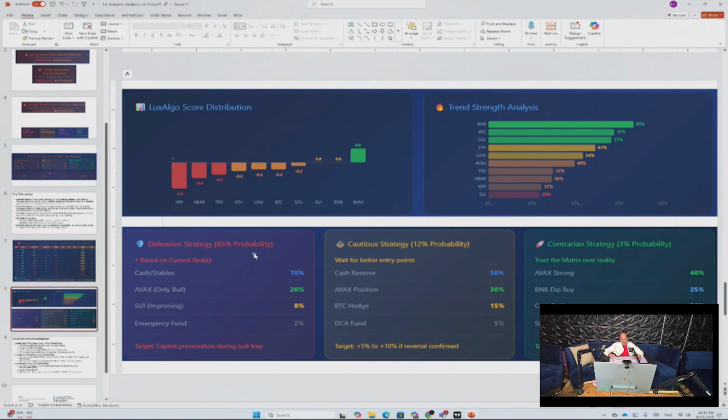Basically, the probability was towards more defensive play with an 85% probability. That still remains. So if you're in cash, we suggest to remain in cash. If you have open positions, it might be a bit too late. Like Monday, Tuesday was the better time to decrease them, but now it might be a good strategy just to,